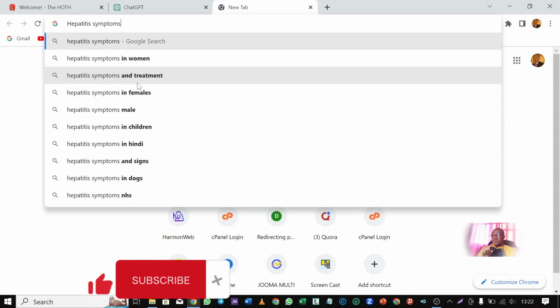Now I'm going to introduce you to a keyword research tool that will give you that particular information. There are a lot of keyword research tools, like Ahrefs and SEMrush, but those two are paid, though some of them have free versions.